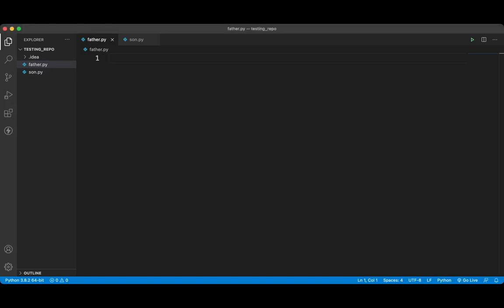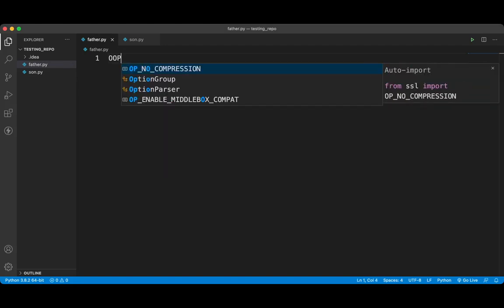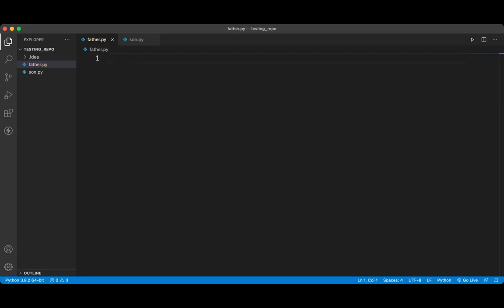Okay, hello. So today we will be talking about inheritance. Inheritance is a concept of object-oriented programming, and it is one of the main pillars of object-oriented programming. So what are the four others? First is abstraction. Second is encapsulation, inheritance, and polymorphism. So today we will be checking out inheritance. Now, what is inheritance?